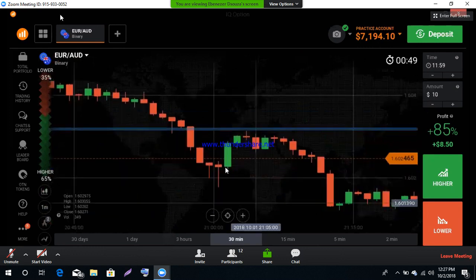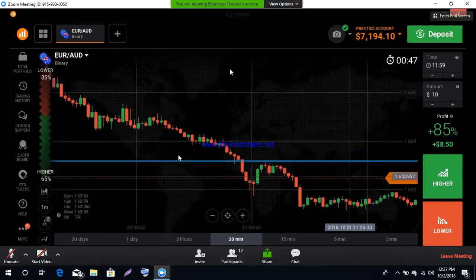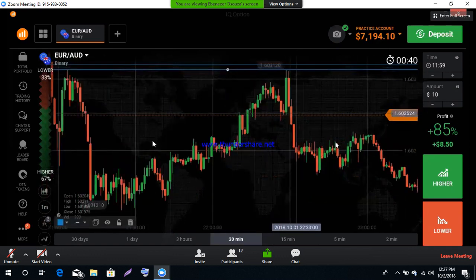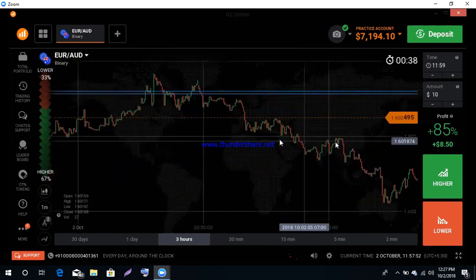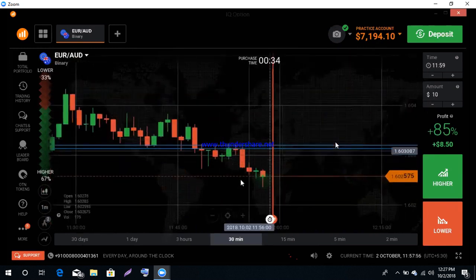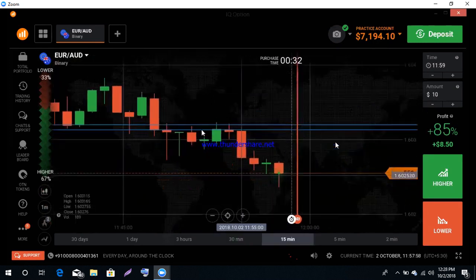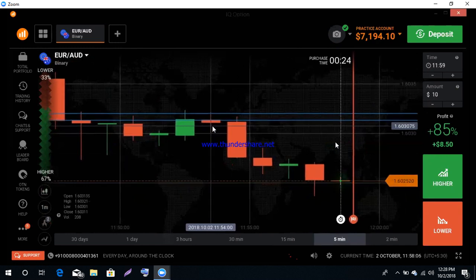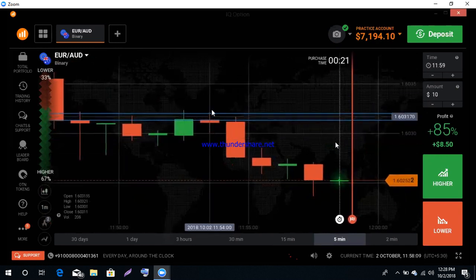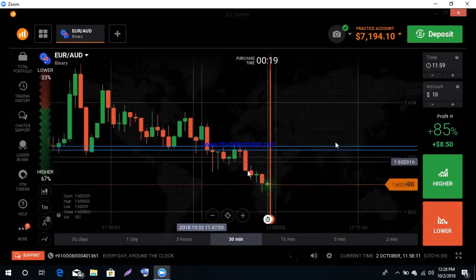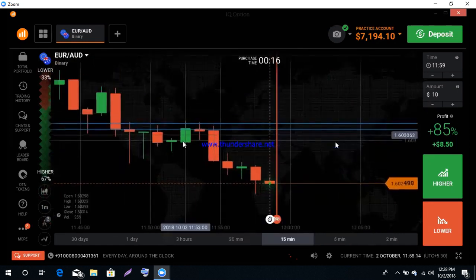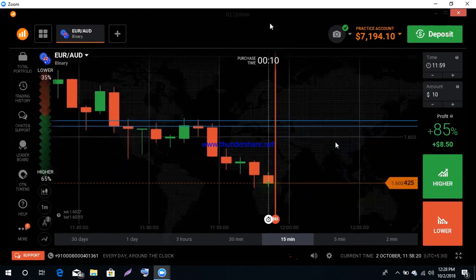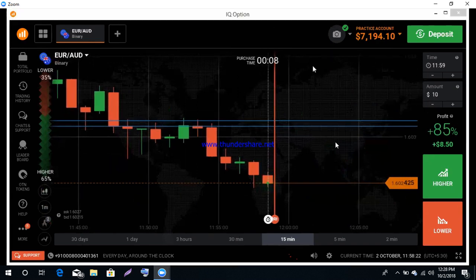It reversed from the same level. I think the level is from here to here, so we can trade on this level. When the market comes to this level again, you can trade. This is a spinning top, which means it reverses. It works as a reversal here because this is a small minor downtrend, and this is a strong level. If you see reversal candles at strong levels, you can trade.